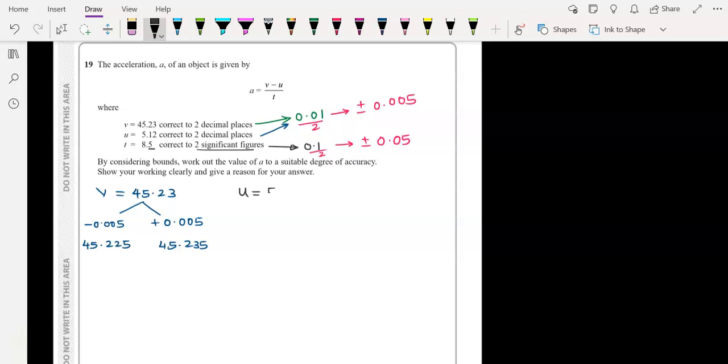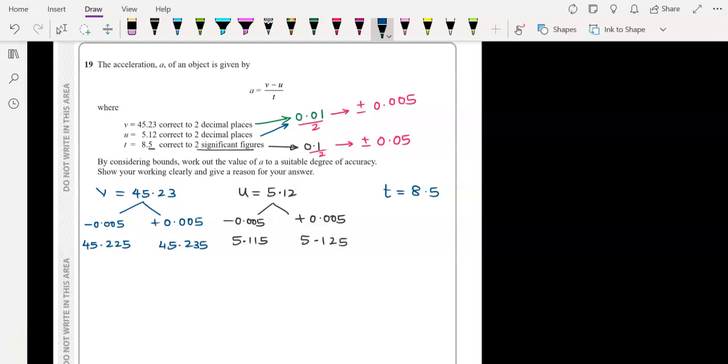U is 5.12. Again, it is rounded to the same two decimal places, so you will add 0.005 to get the upper bound. You will subtract 0.005 to get your lower bound. So when you add, you will get 5.125, and when you subtract 0.005, you will get 5.115. And the last one for T, which is 8.5, rounded to two significant figures, which is one decimal place for